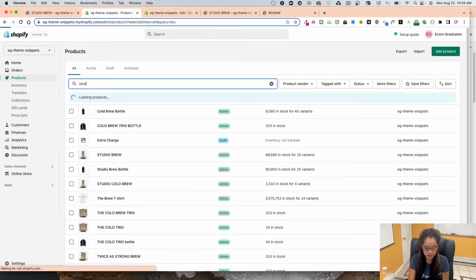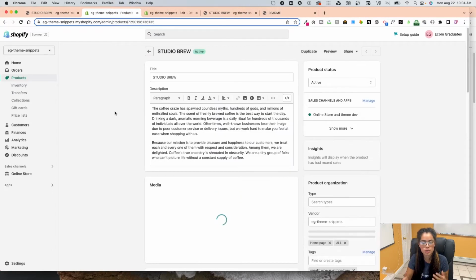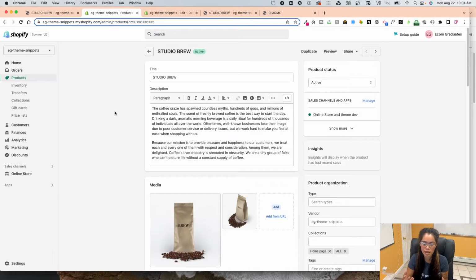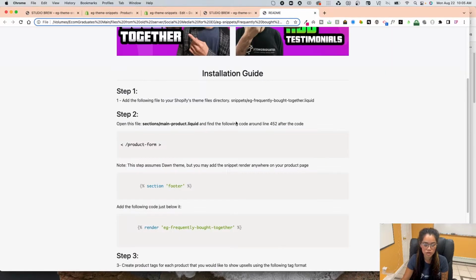I'm going to type in Studio Brew. Now, for this feature, it's really cool and amazing, because what you're basically saying is when a customer lands on this specific product, Studio Brew, you're telling them to upsell these two additional products. So when we had mentioned, and I think this is the disconnect here, when we mentioned in the README file